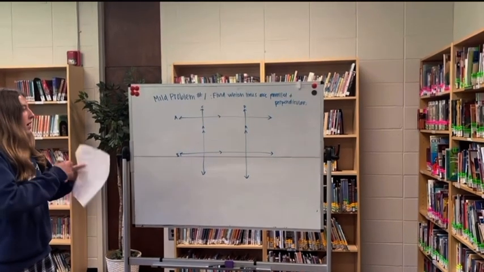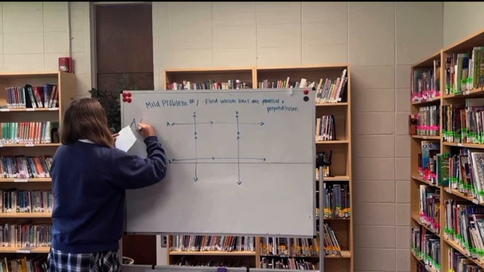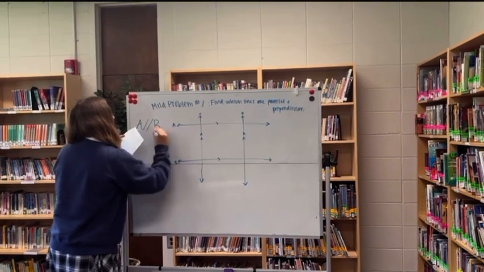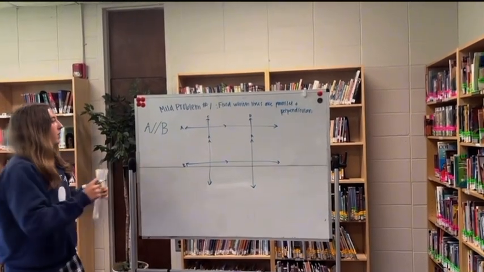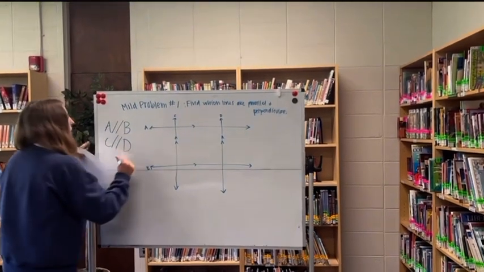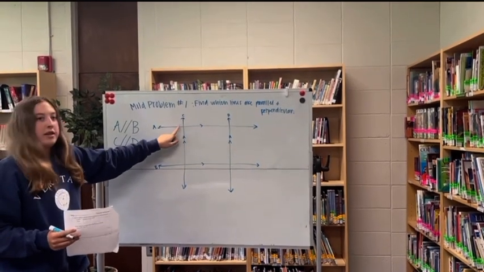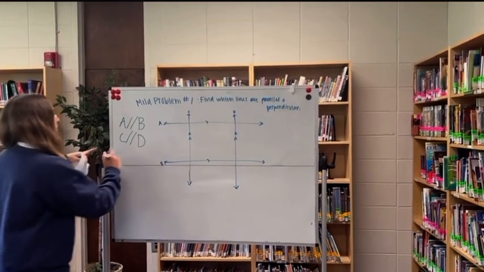So how we would write that two lines are parallel: A is parallel to B, and C is parallel to D. And we can see that A and C are perpendicular because they meet at a 90-degree angle. So how we would write that is